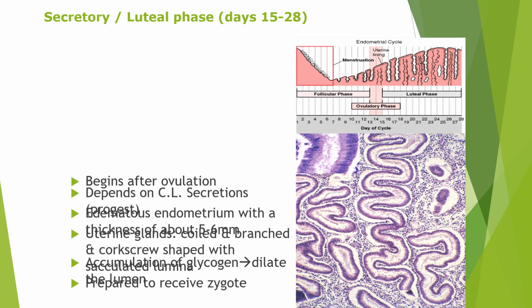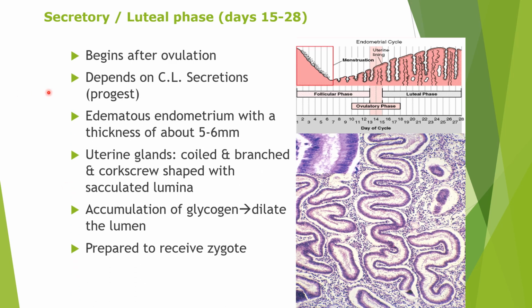So what happens in the secretory phase, which begins after ovulation from day 15 till day 28, and it depends upon the corpus luteum, which secretes the progesterone hormone. So endometrium in this phase becomes edematous, and it reaches a thickness of maximum 5 to 6